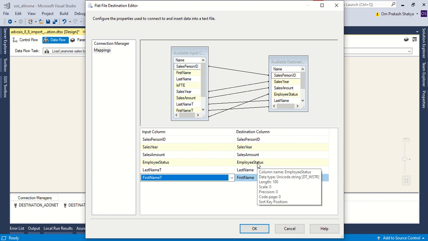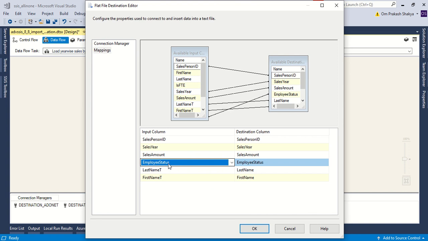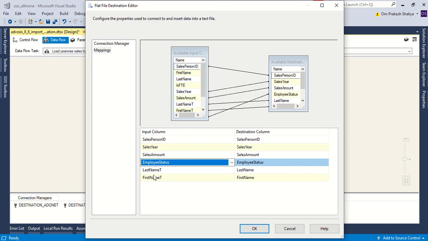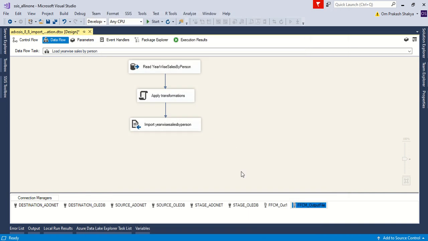And in employee status, we have this employee status already. We are not using the isFT or first name or last name that were coming from the source database. So this is fine. We have mapped properly. So let's close this. We are not using this, so we can delete. Let me delete this. Okay, so that's fine.